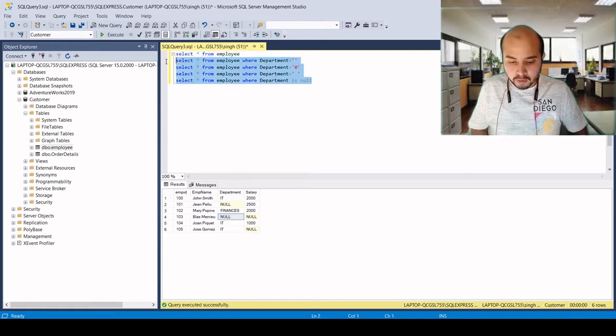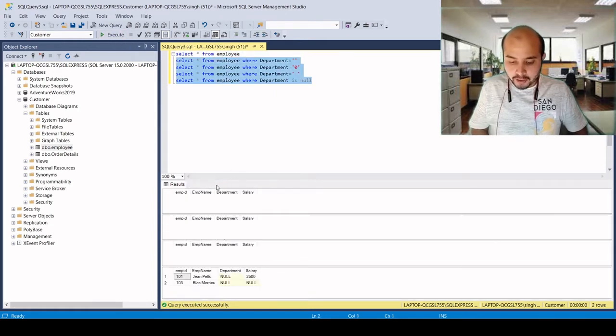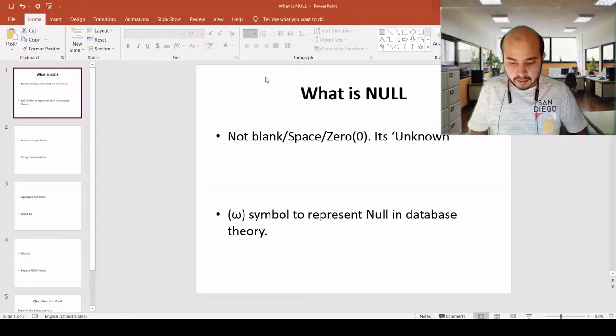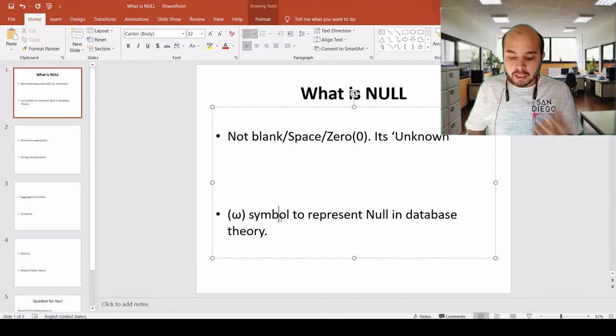There were 4 queries we have written, and we didn't find any record in the first 3 queries, and in the last query we found 2 records, because I told you null is not a blank, null is not a 0, and null is not a space. It is unknown. And E. F. Codd has symbolized it with the omega to represent null in database theory.